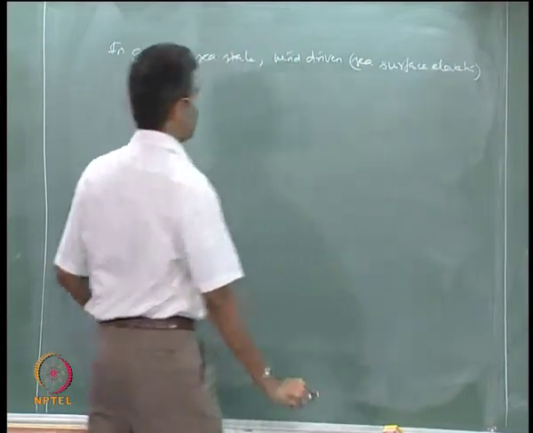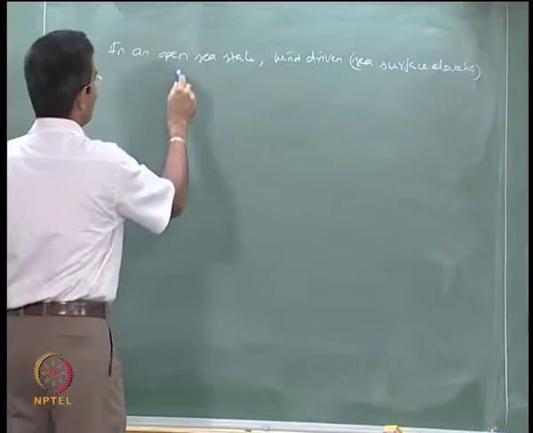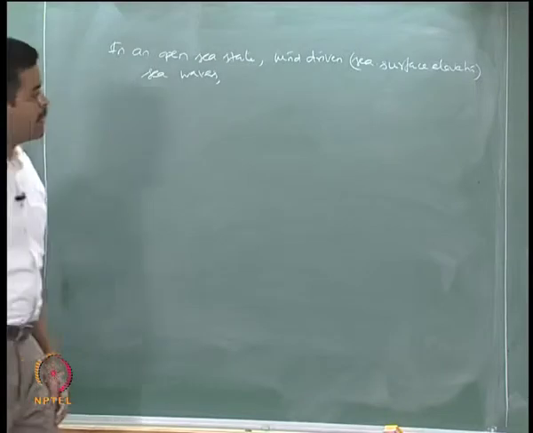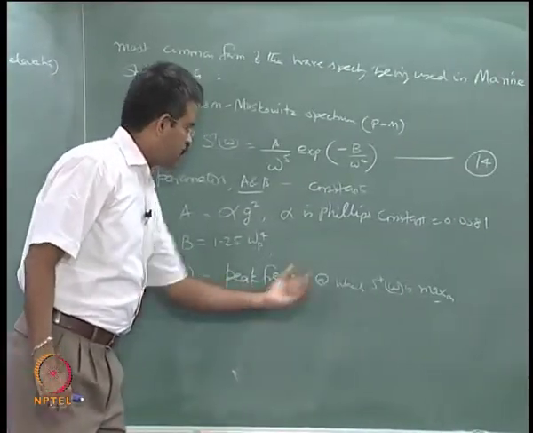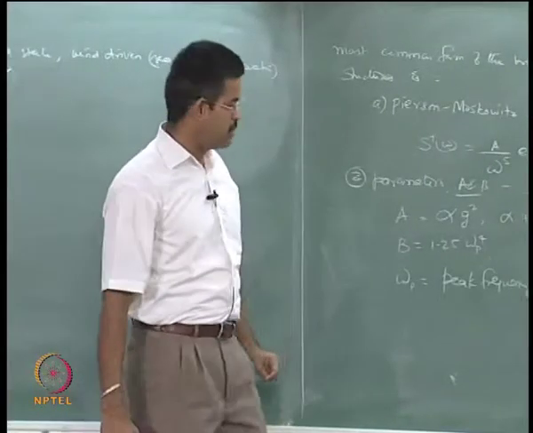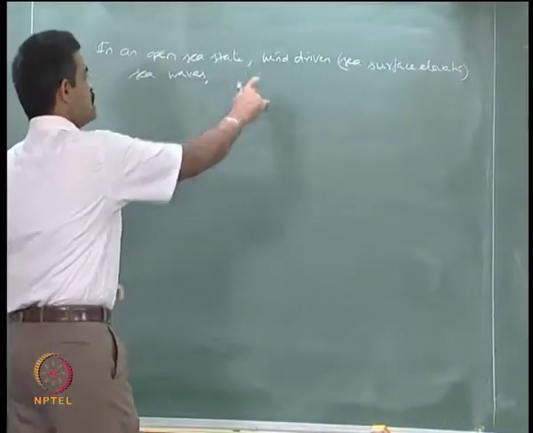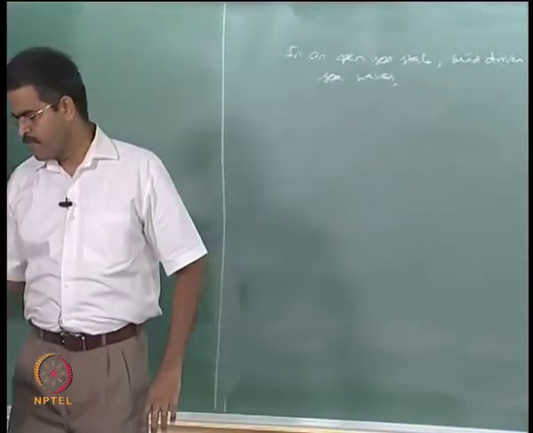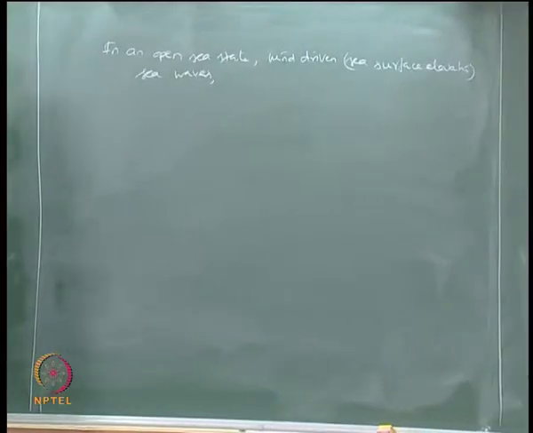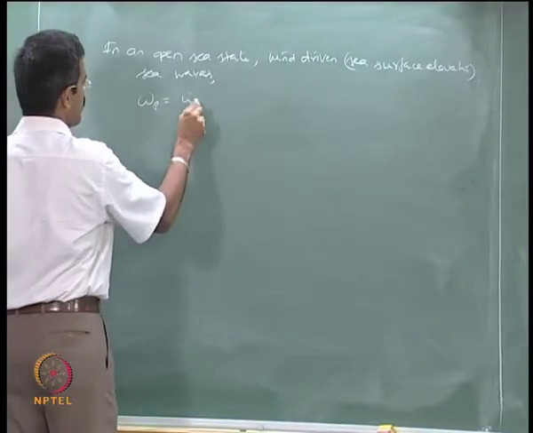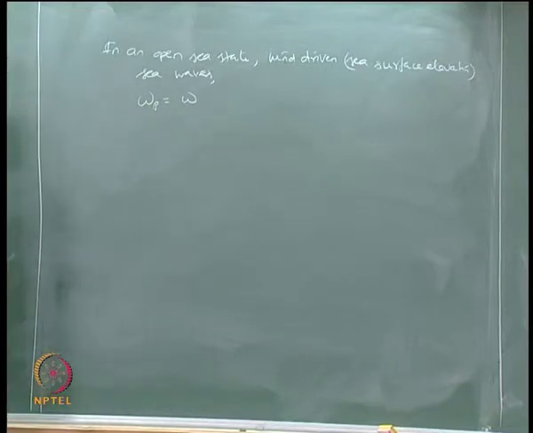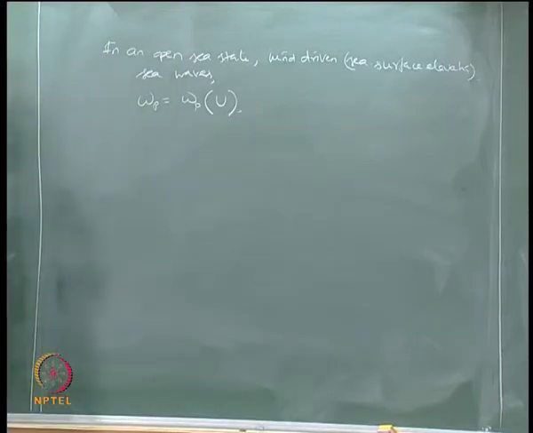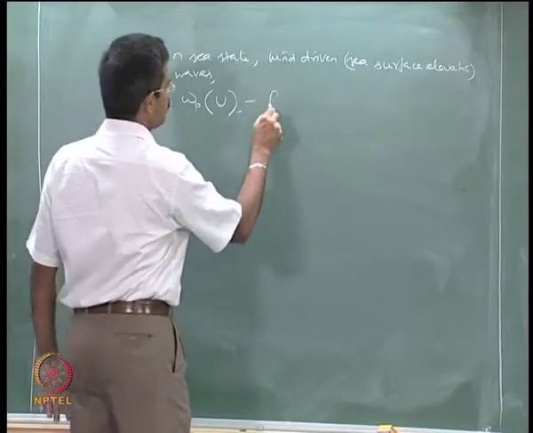Wind driven spectrum. And therefore, if we really wanted to find out the peak frequency at which S omega will be maximum, then you must also specify what is that wind condition which makes omega p maximum. So, omega p refers to actually omega of, I say u, which is actually a function of